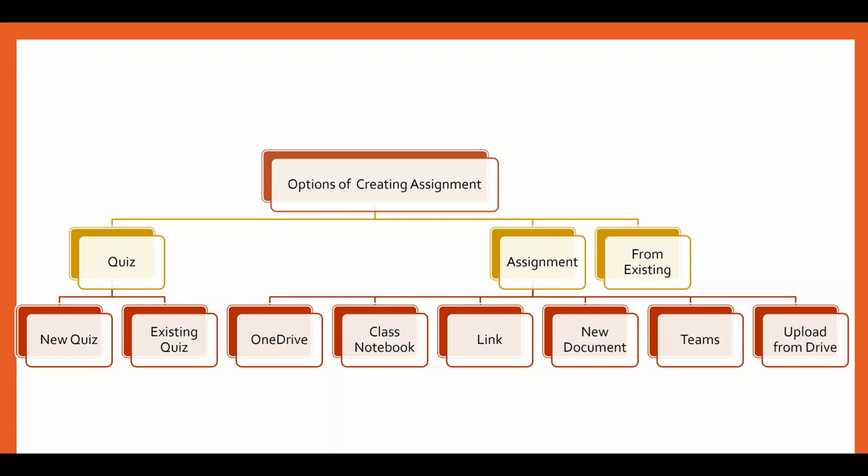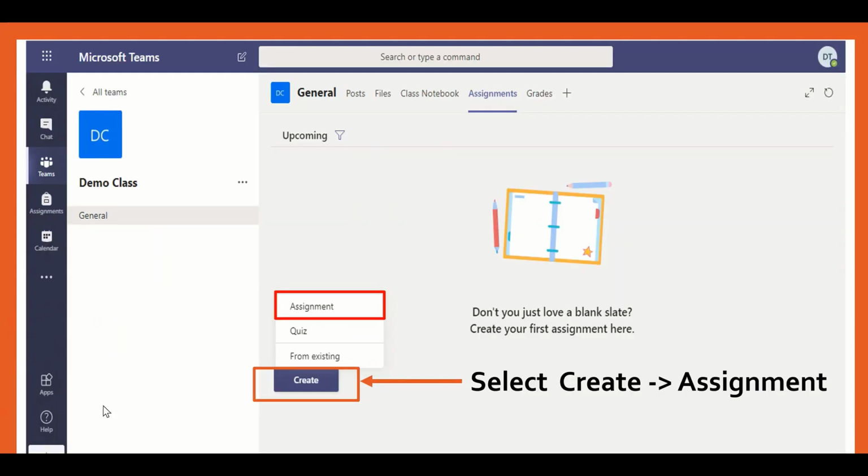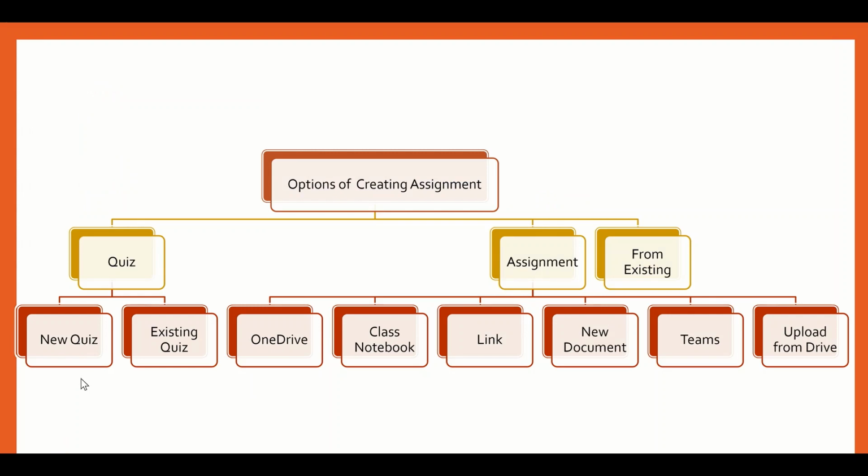We can create our new assignment from the existing ones. In the quiz part, we have new quiz and existing quiz. So you can create a fresh quiz for your test or use an existing quiz.